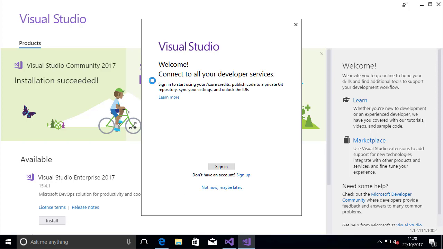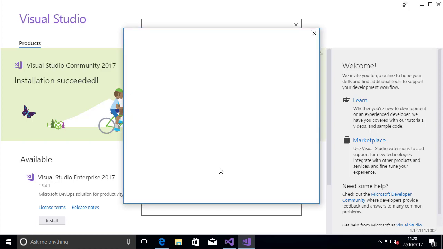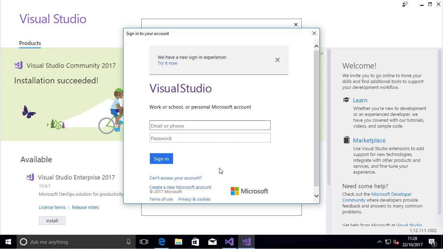And the first thing it will ask me to do is sign in. That's fine. Like I said at the start, we have to have a Microsoft account, so we hit sign in. It will now ask me for my Microsoft username and password. We'll just have to wait for that to come up. There we go. So my email or my phone. Let's go for my